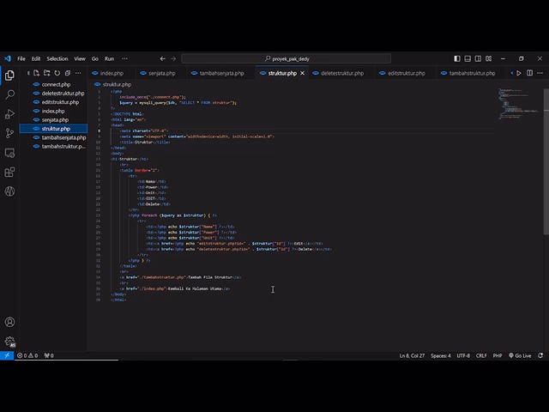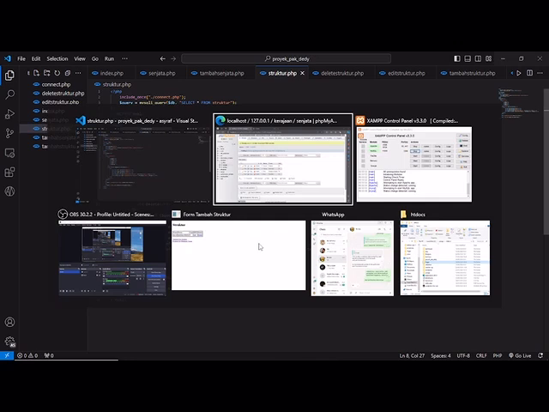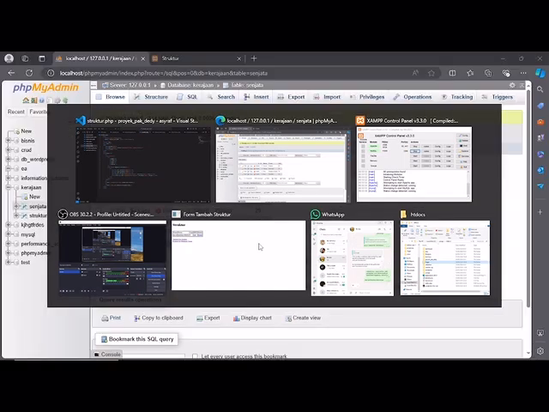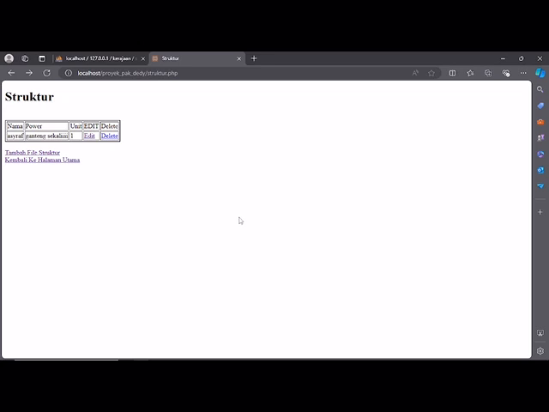For example, edit weapon and delete weapon. This process is similar to the previous step.